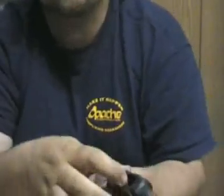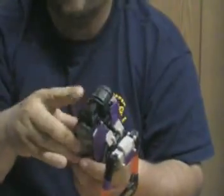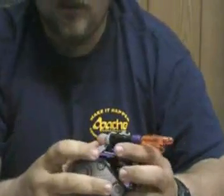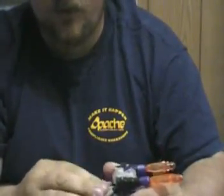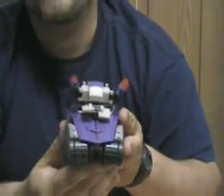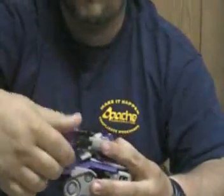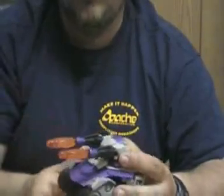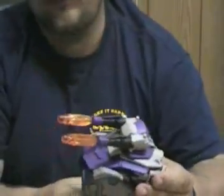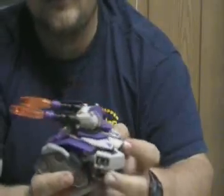Gonna go ahead, open up these panels on the bottom of the tank treads. Put that up right there. Gotta open up the panel first, Josh. The wings are gonna fold in together, and right there makes the front of the tank. So just flip these forward, rotate the triggers to the top, and you have his tank mode, which this actually, for me, is slightly more convincing than the jet mode,